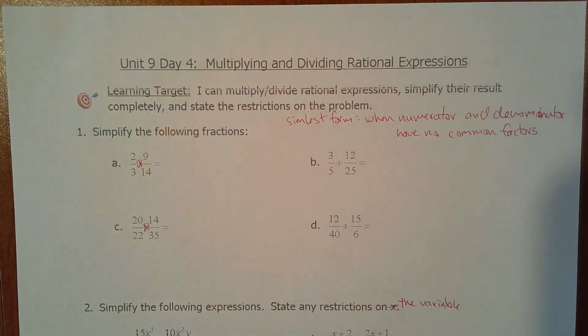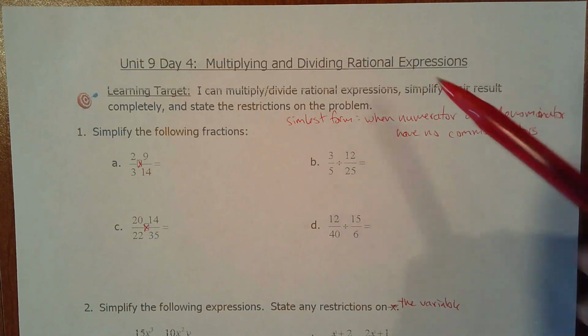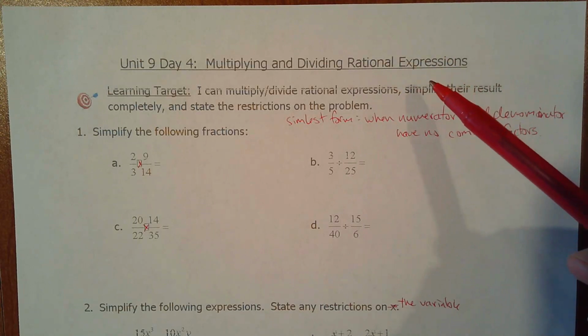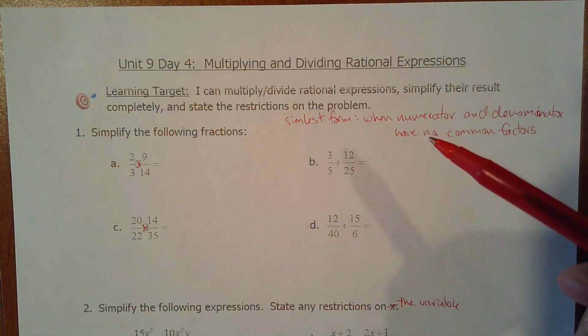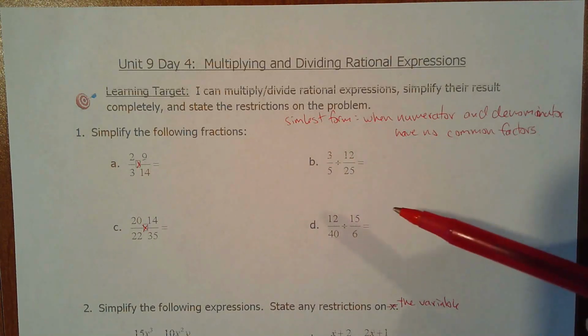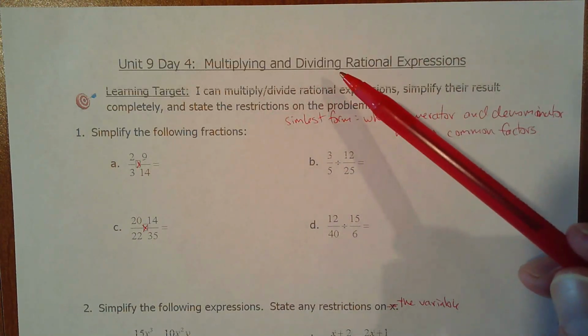Alright, so here are the notes for Unit 9, Day 4. We're going to be multiplying and dividing rational expressions. So again, rational expressions can be written as a fraction. Any expression that can be written as a fraction, so it has a top and it has a bottom. And when we say multiplying and dividing,